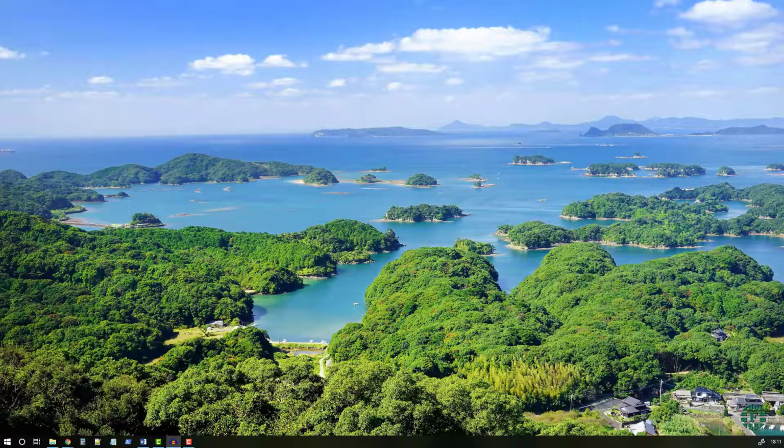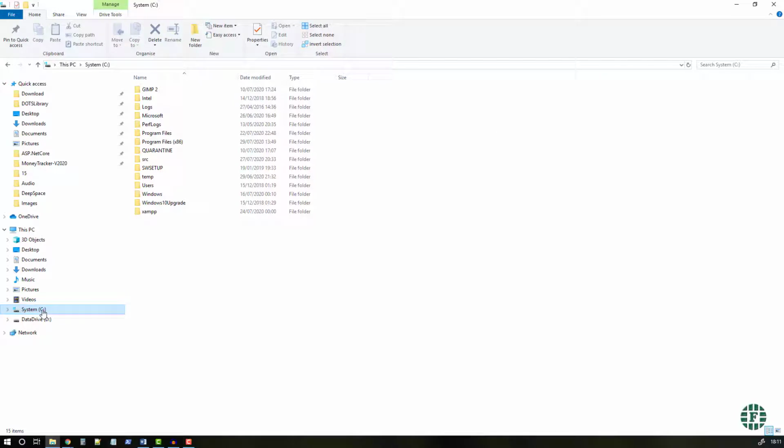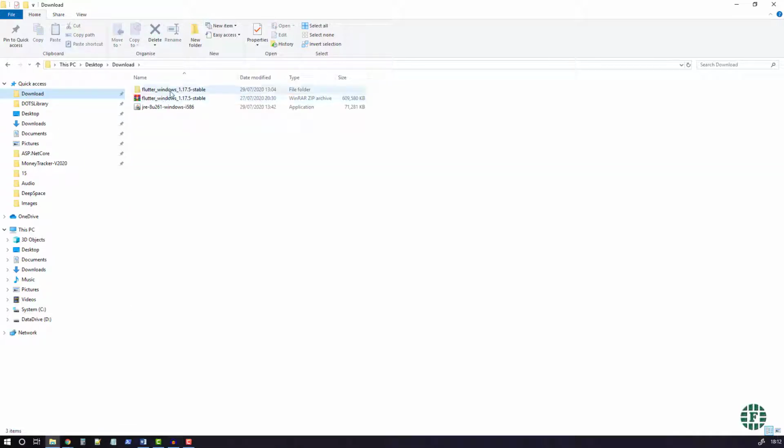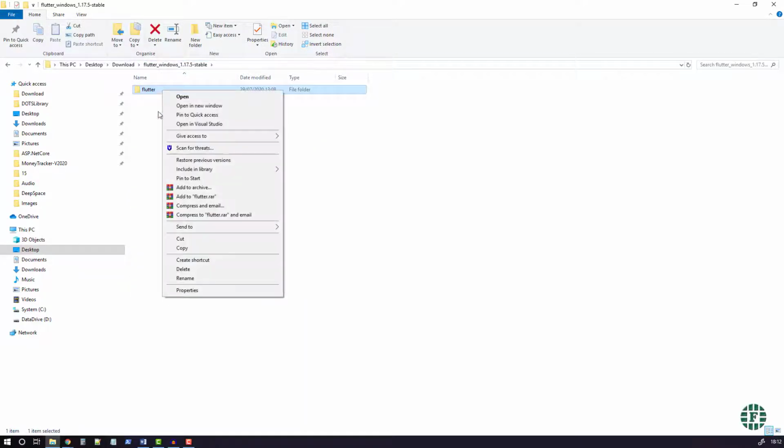Step 2. Open your Windows Explorer and navigate to root of your C drive. Create new folder and name it src. After that, navigate to your download folder where you have downloaded Flutter SDK. Unzip the downloaded package. Inside the unzipped folder you will see the Flutter SDK folder. It contains all required SDK files. Copy the Flutter folder and copy in the source folder that we have just created, at the root of C